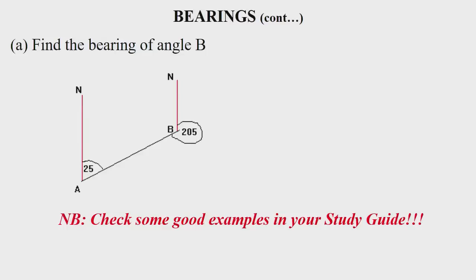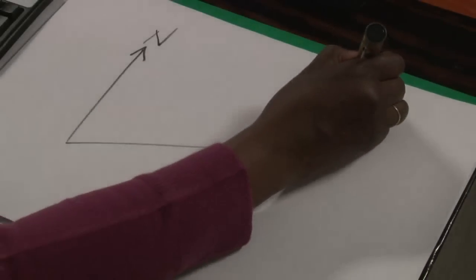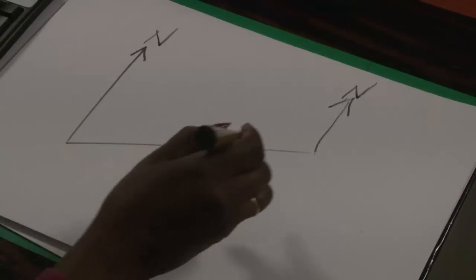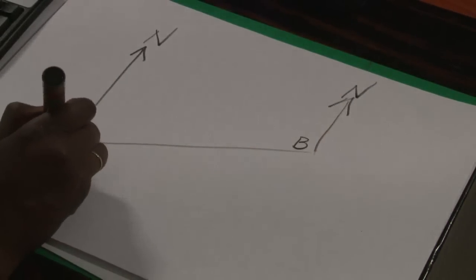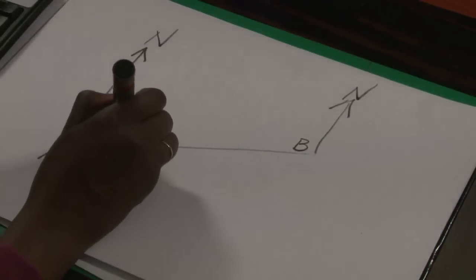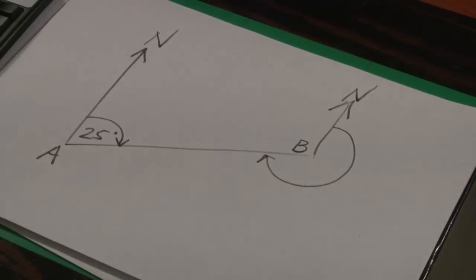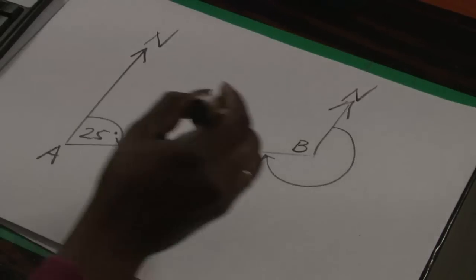Find the bearing of point B. We have got a very interesting diagram in our presentation. You should always indicate the north. Why? That is our point of reference, and north is very important. They gave you this is point B and this is point A. At point A, the angle is 25 degrees, and point B from the north. Remember, we always move from the north to that line, and we stop at the line. It is equal to